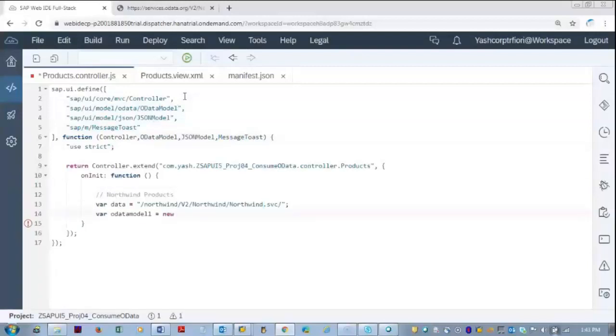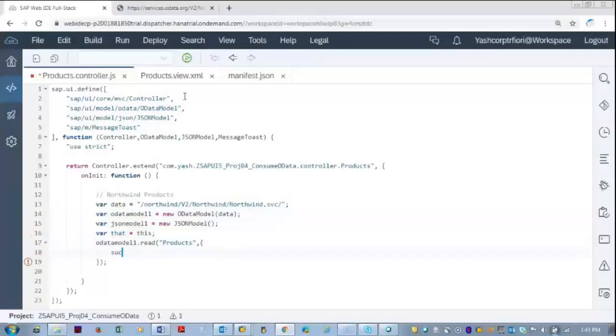Let me use that without a namespace now, ODataModel. I'll just consume the data inside it. Take a JSON model reference, new JSONModel, where that is equal to this. ODataModel.read method, which takes the entity set, which is products here, and it has two functions which I have to write.